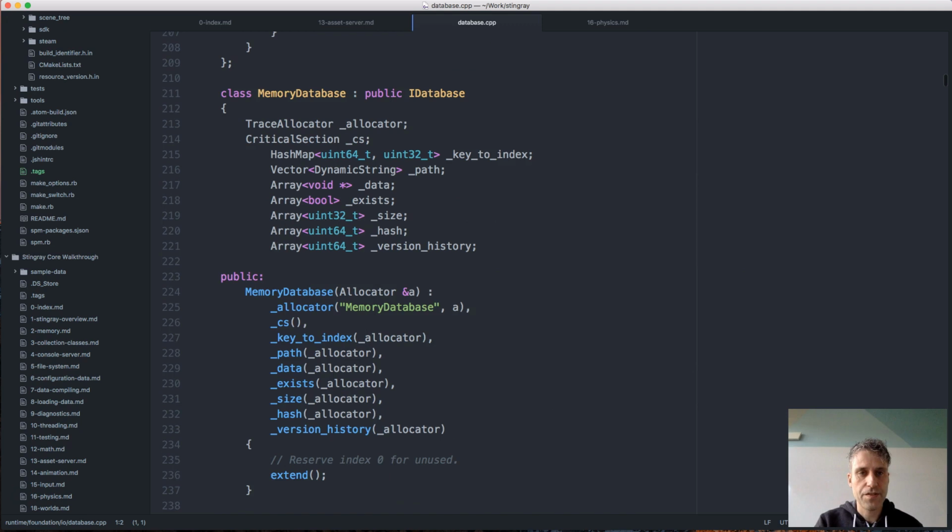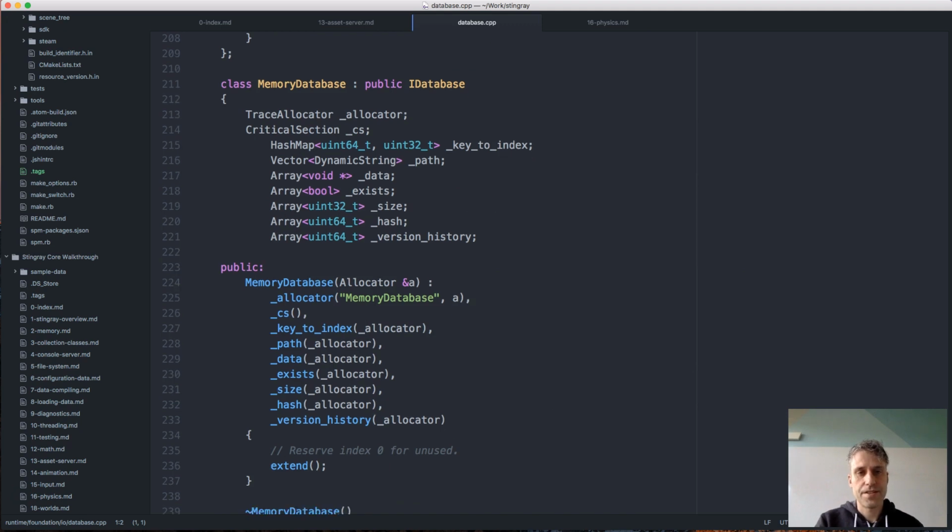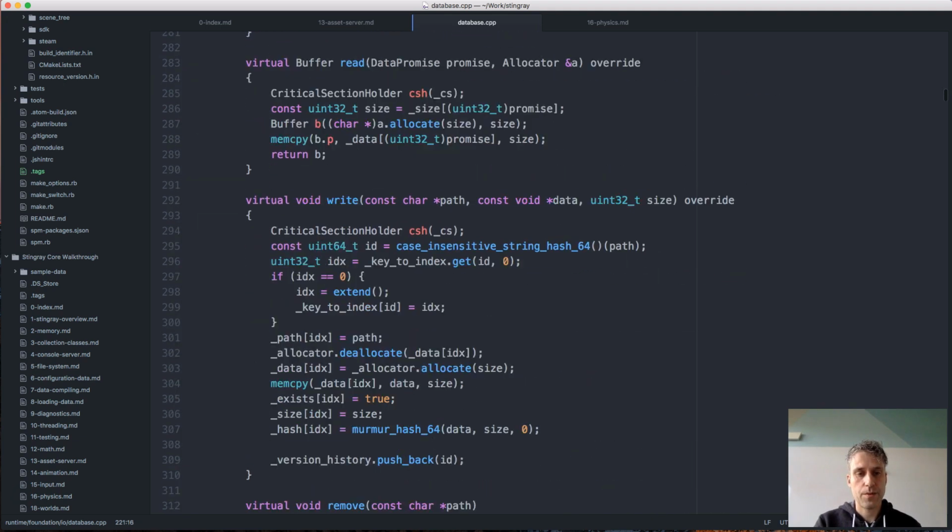this is kind of a big file because it has a lot of stuff in it. But it has different implementations of databases. It has a memory database which has no disk representation. We just store the content of each file in memory, just a hash from the path to the file content. And then we have